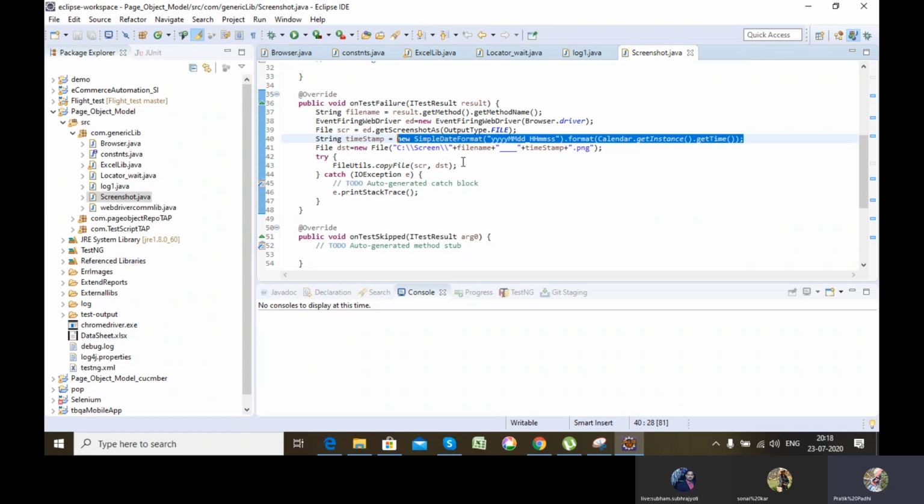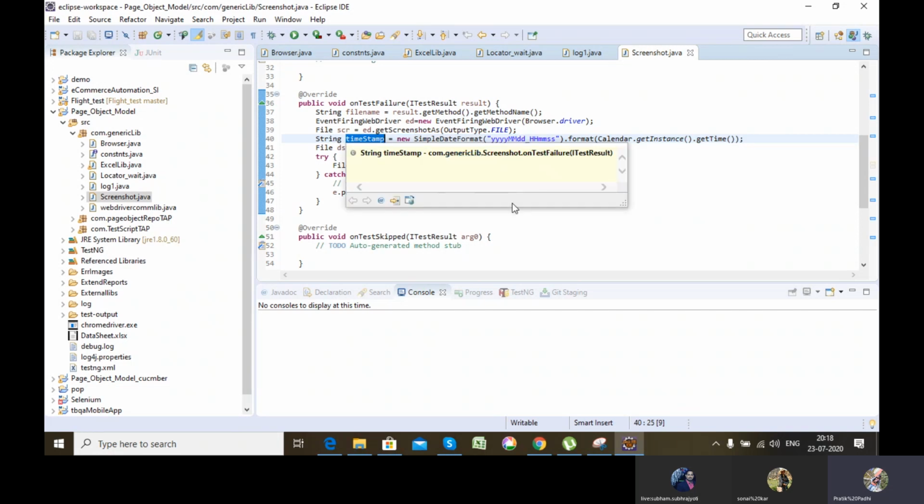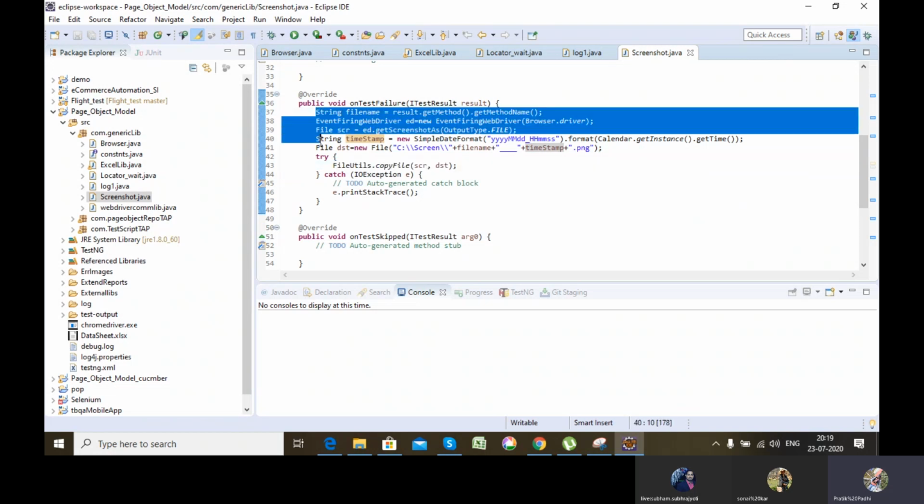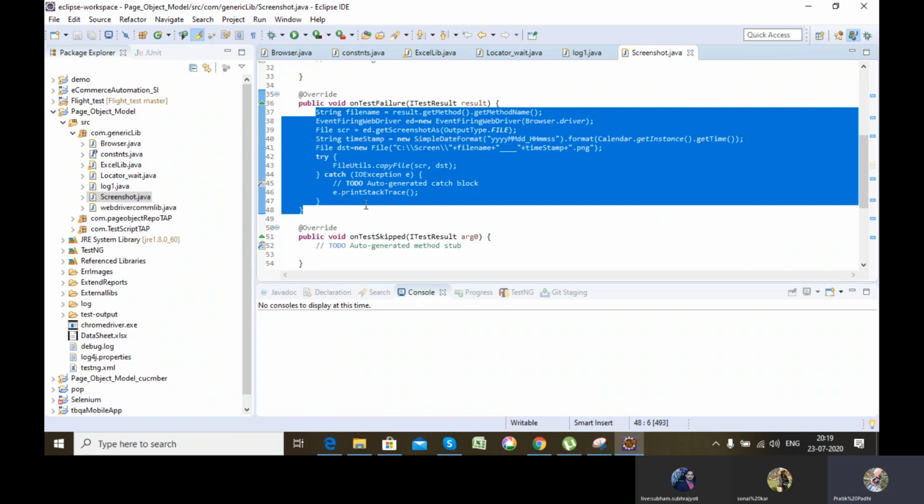So what I have done is I have created a file object and given the destination where my screenshot will be saved, and I have concatenated this timestamp so that each screenshot which is generated doesn't get overwritten. Every time a unique value will be created and stored as my file name, so every screenshot will be present separately. Then I have used the function FileUtils.copyFile from source to destination. So this piece of code will help me capture a screenshot